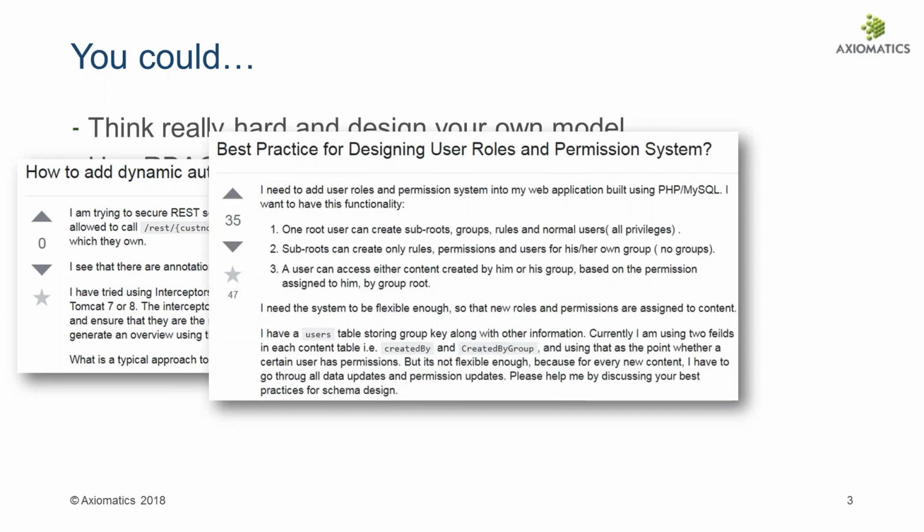Some other examples here. Another question where a user is asking about the best practices for designing a role and permission system. This is the sort of stuff that we don't want developers to have to think about. You really want to just put it inside a policy, check that box, and it's done. And guess what? It's also future-proof, because we've been thinking about these problems for the last 10, 15 years. So you don't have to reinvent the wheel. It's really important to stay away from that.